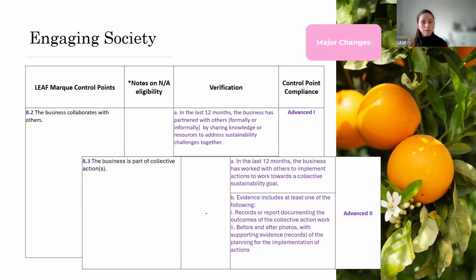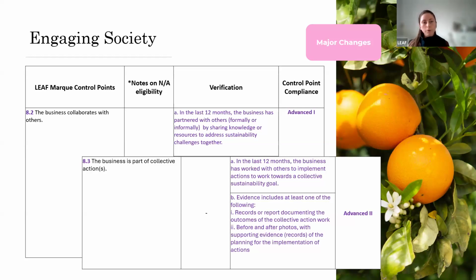for these control points. So with the collaboration control point, this is focusing on, or I suppose building on the previous control point about knowledge sharing and learning, taking it up a step through collaborative working, where a business might partner with others, either formally or informally, by sharing knowledge and resources to address a sustainability challenge together.